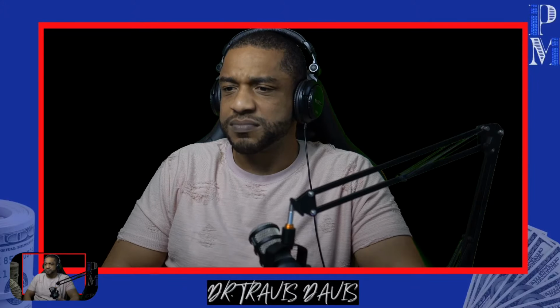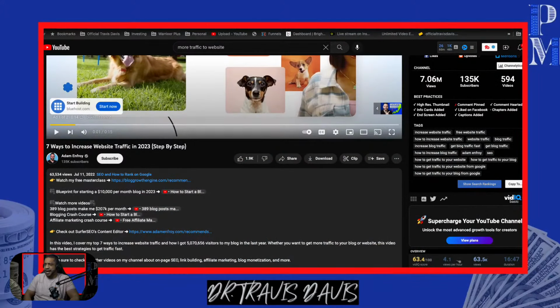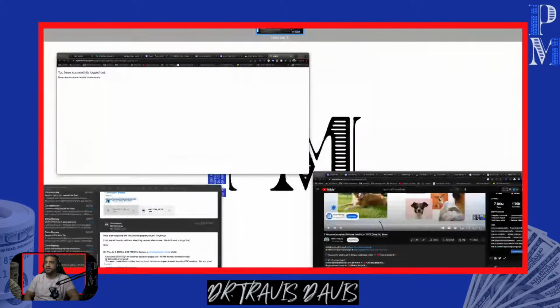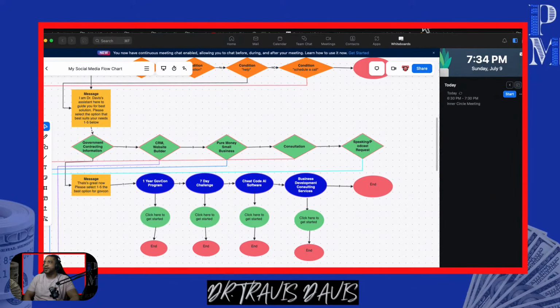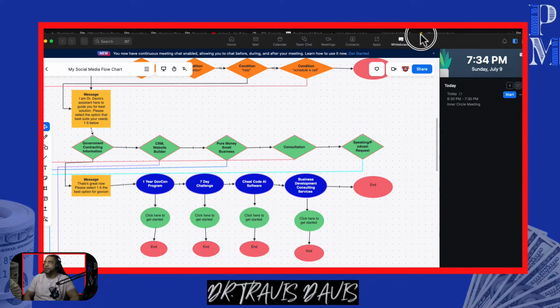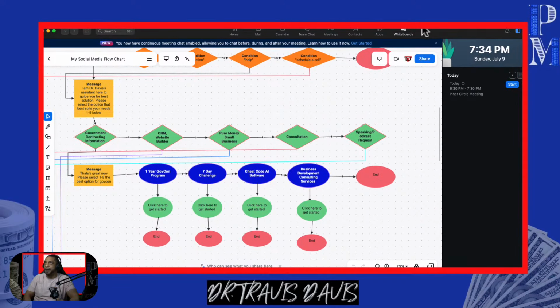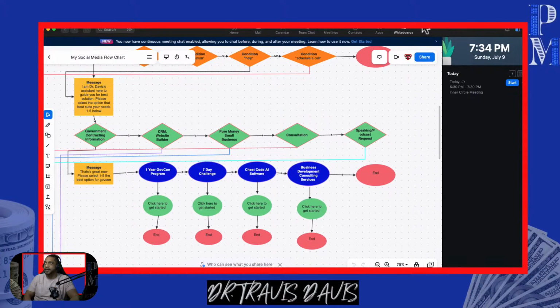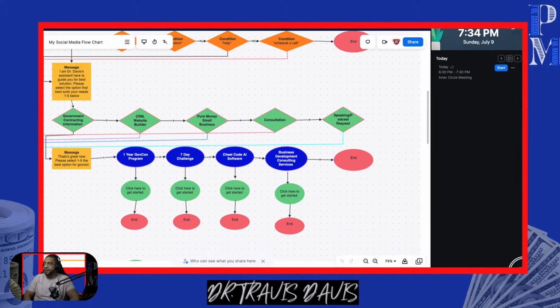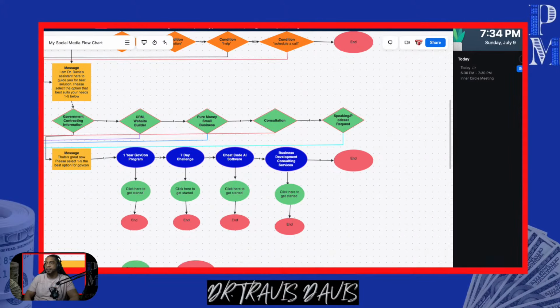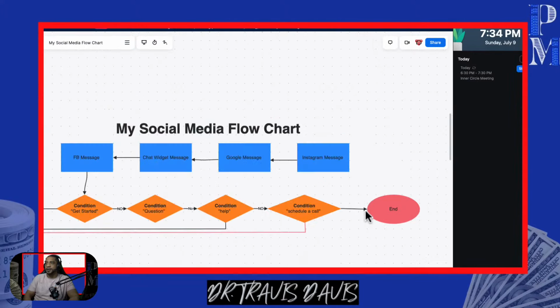So let me change my screen here. And the last time that I was with you guys, I showed you all this flow chart here. As I stated previously, this is the sauce to everything. And I am using Zoom to create my whiteboard flow chart. So if you guys do have Zoom, you can go ahead and utilize Zoom in order to get to a whiteboard. But if you have any software that's providing a whiteboard to you, you can go ahead and use that.